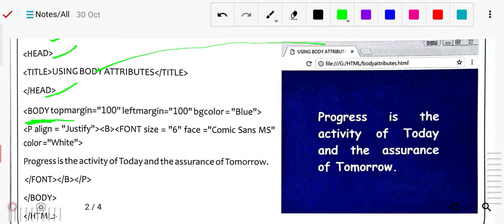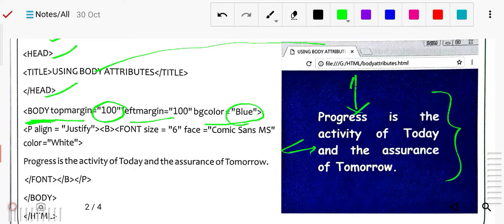So body top margin 100, left margin also 100, and bg color is blue. So the body is defined with top margin 100, left margin 100 and body color blue. You can see in one angle bracket, these three are used together.